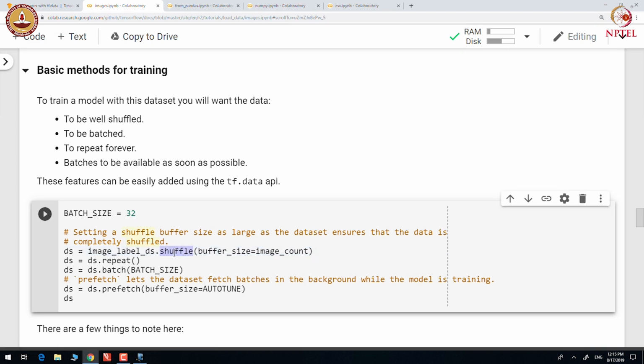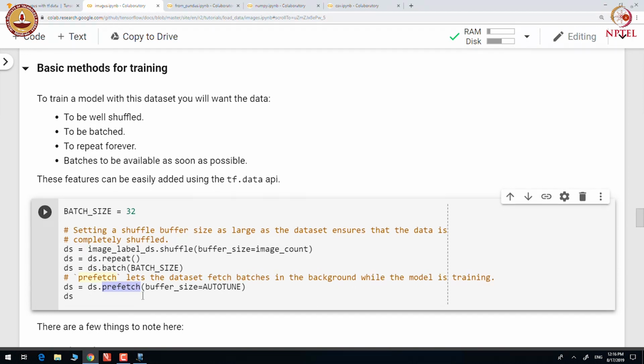So, we use the shuffle transformation for shuffling the data by giving a sufficient buffer size. Then we use repeat for repeating the dataset epochs after epochs, specify the batch, and we use a prefetch function that lets the dataset fetch batches in the background while the model is training.